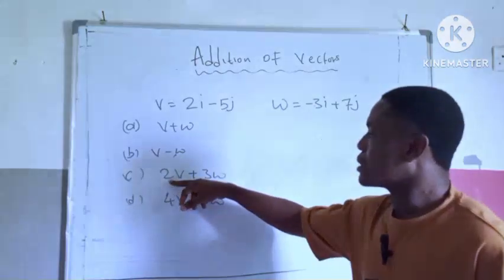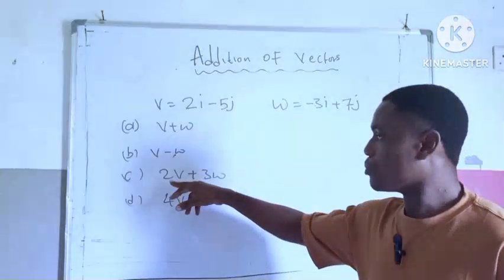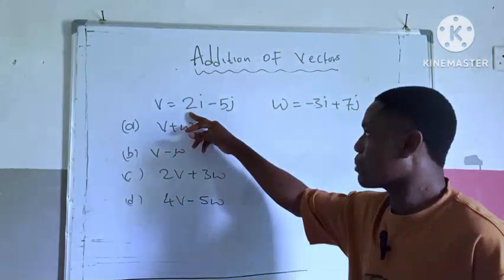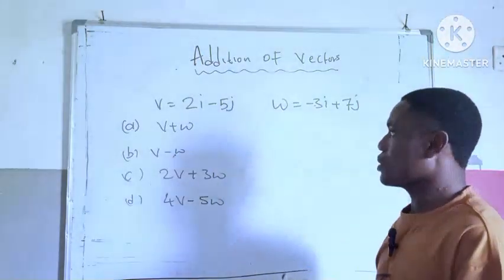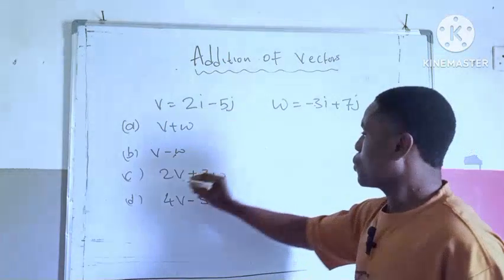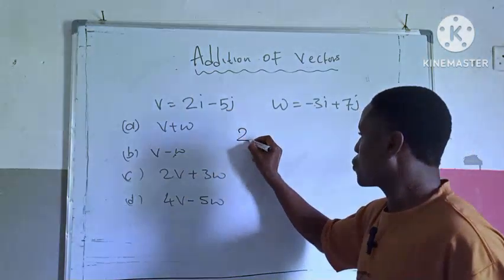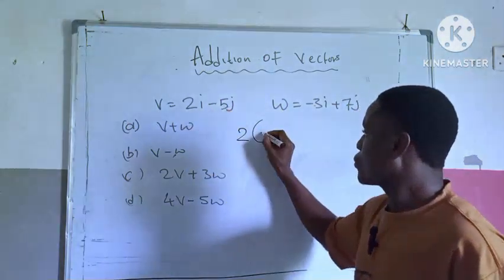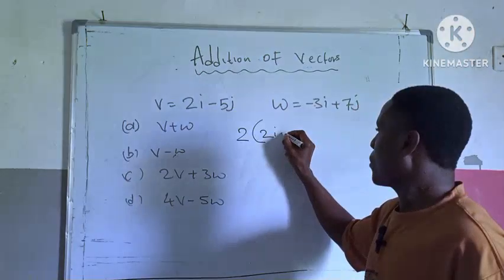Since 2 is attached to this v, what you need to do is to use these 2 to multiply the values of vector v. Are you getting it? So we have 2, v, 2 bracket open, then we have 2i minus